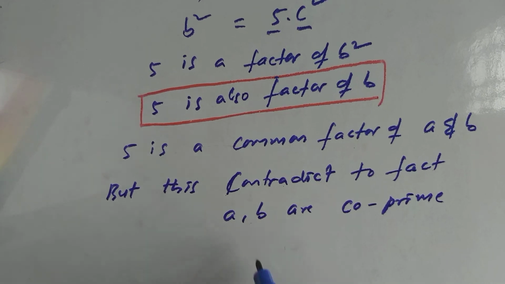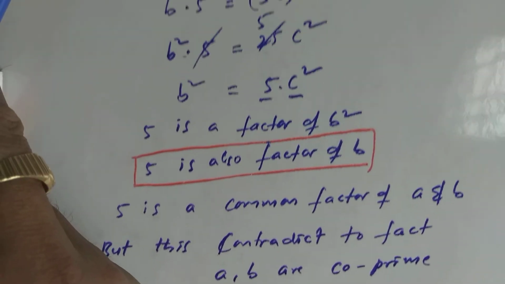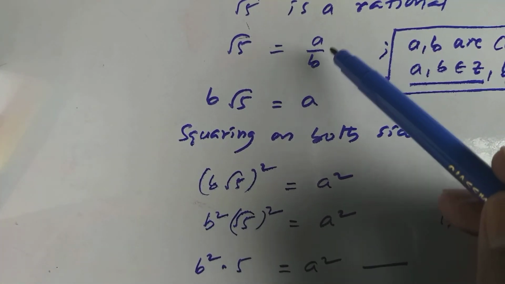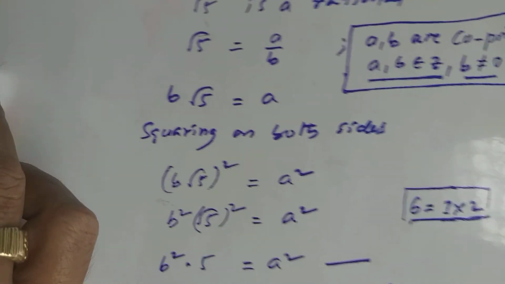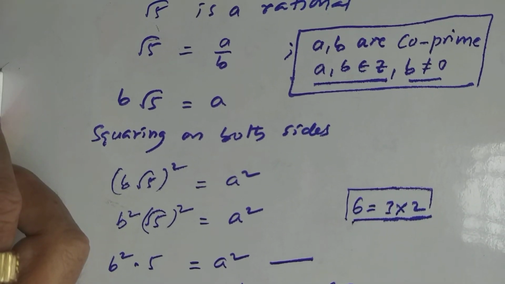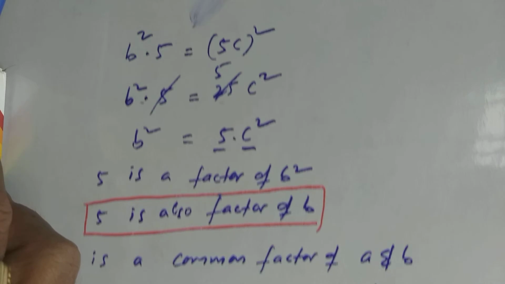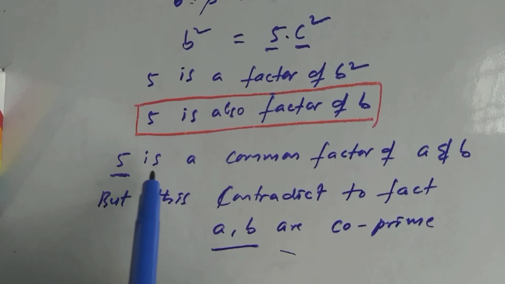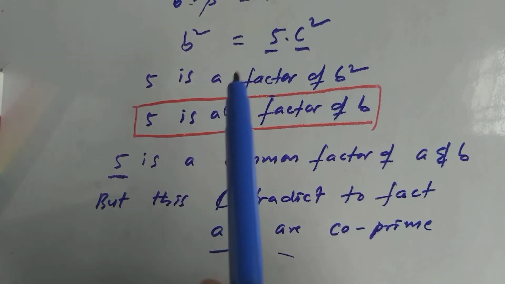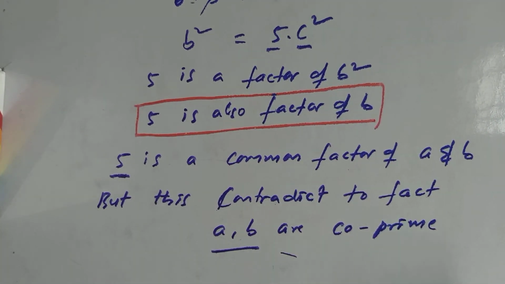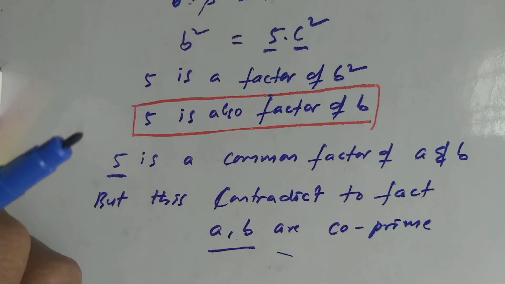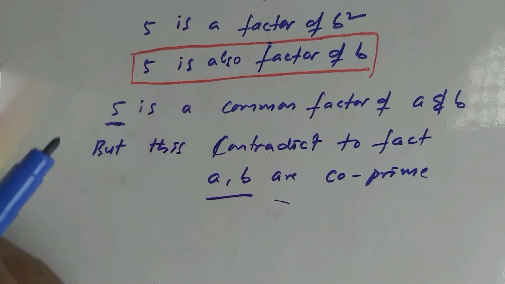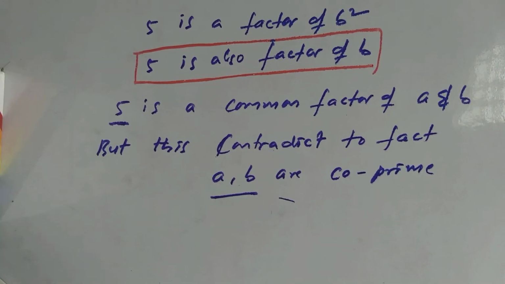This meaning is actually that we selected the fraction a by b. So in the beginning there is no common factor for a and b. a, b are co-primes. There is no common factor. But at the ending, we got a, b have the common factor 5. 5 is a common factor of a and b. From this, what about our proof? So this is wrong. Something is going wrong. Where? Our procedure is all correct, but what is wrong?